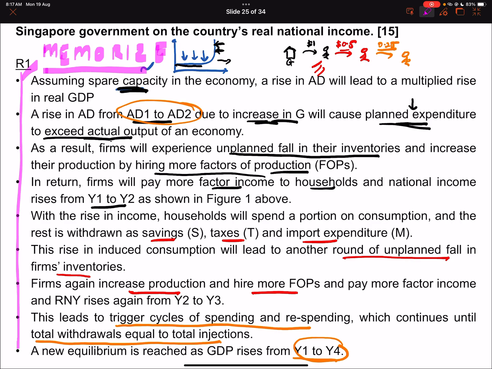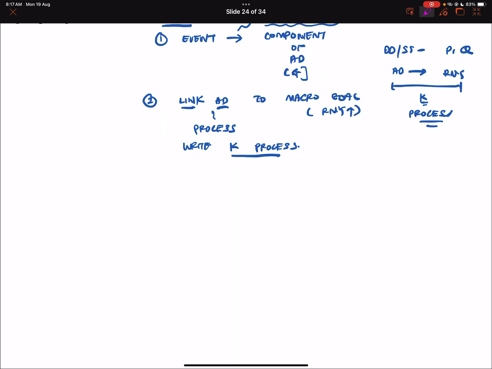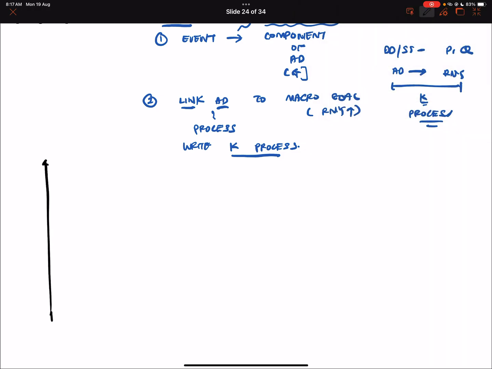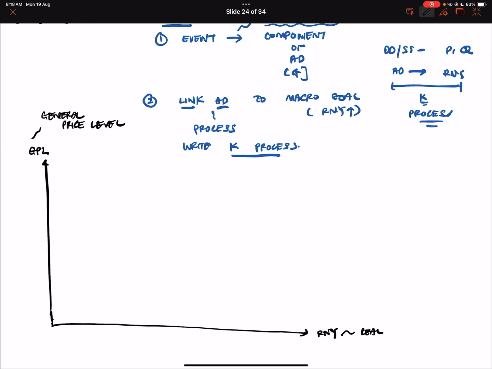Okay, so I told you that I will cycle back to talk about the diagram, right? So in our diagram, how will you draw it? We want to start off by drawing in black, so it's clearer. The y-axis is general price level. GPL stands for general price level. And then your x-axis is output. It stands for real national income. RNY stands for real national income. You don't have to write all this, what this stands for. You can actually write the short abbreviated form, it's no problem.